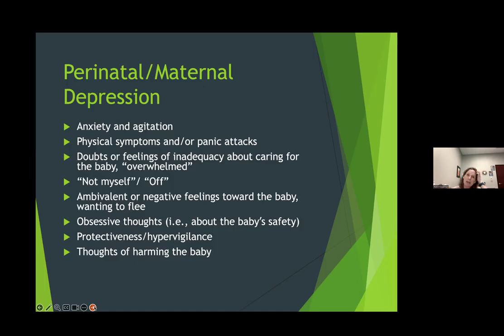When we see perinatal or postpartum depression, it can look a little different in certain ways or have particular qualities, and I want you to have some sense of what some of those might look like. It's very common in particular to have obsessive or anxious thoughts that don't necessarily mean a separate anxiety disorder. In particular, we see the ones about baby safety, baby's health, is my baby breathing? And that can result in a lot of hypervigilance and decrease in sleep.